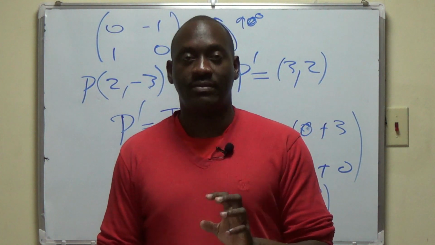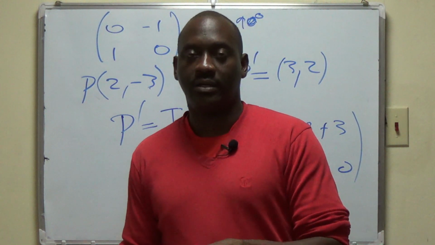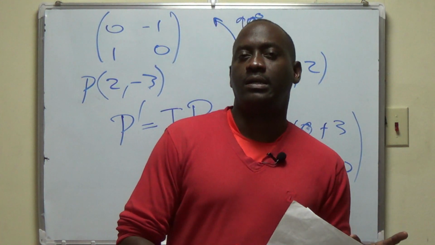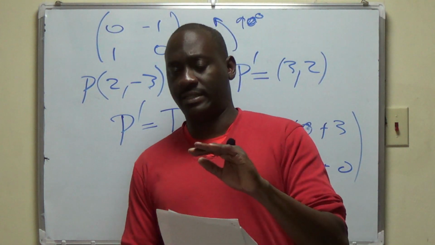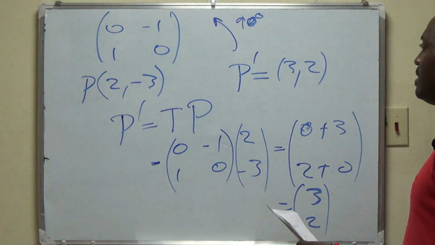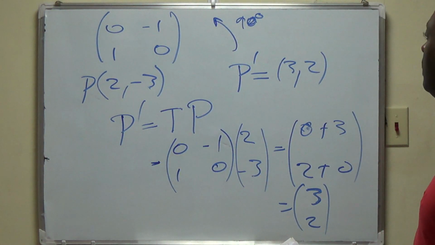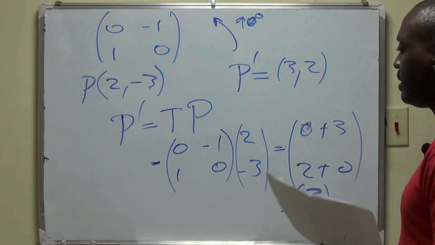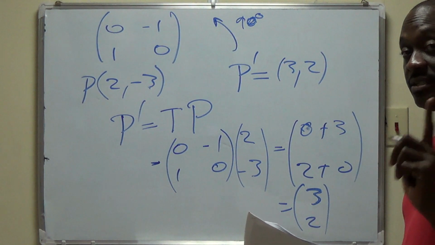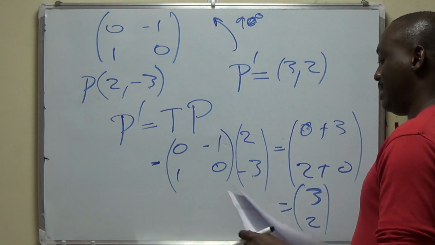And that will give us the image of the point under a clockwise rotation of 90 degrees. So if we have a clockwise rotation of 90 degrees, let us see what space we could steal on the board here. The matrix for an anti-clockwise rotation of 270 degrees is